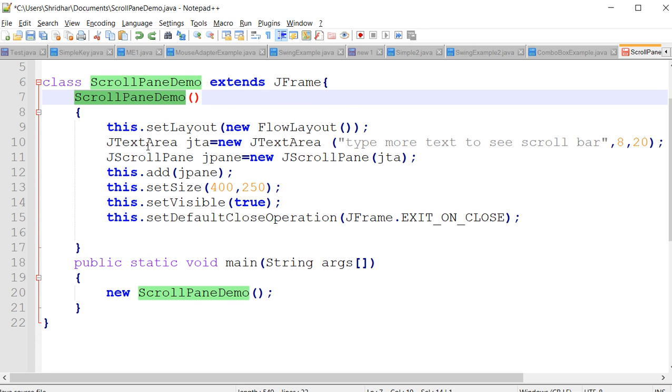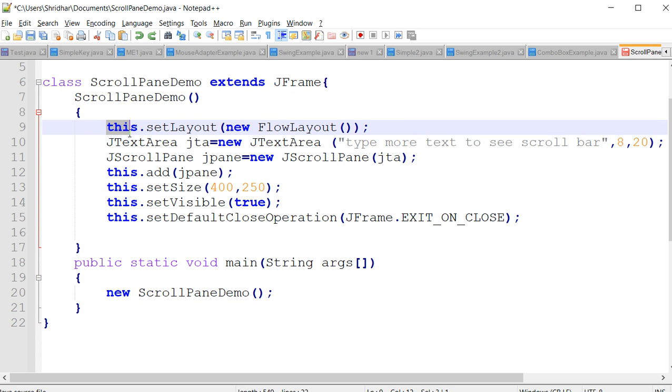I am using this keyword. You have already learned this keyword in the last semester in Java. So it will automatically invoke the current method or current variable. So now this.setLayout is used for, this keyword works like it will invoke frame, meaning frame.setLayout. Okay, the meaning is frame.setLayout, like that. Set layout, I have taken default layout, which is flow layout, that is done.